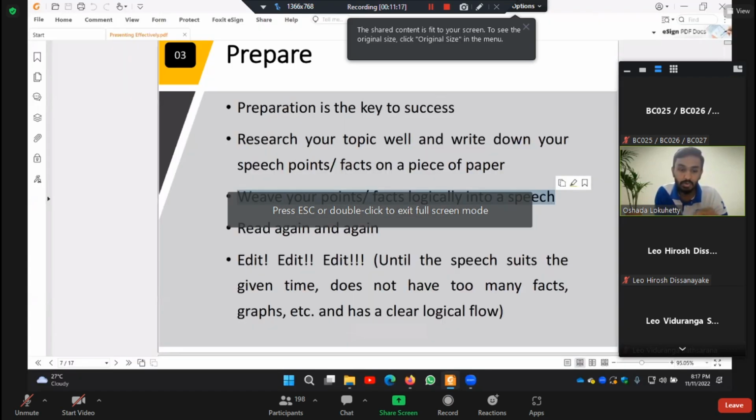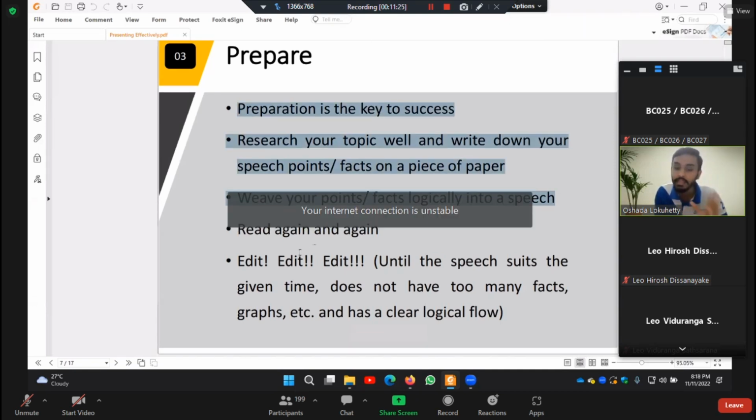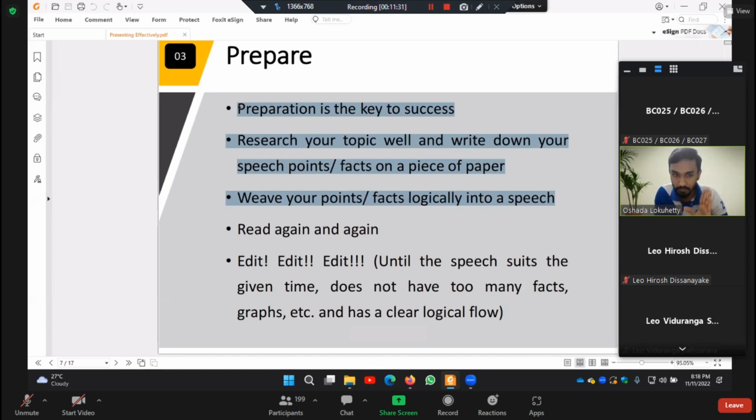Weak points or all the errors that you have made in this preparation stage can be rectified only by reading it again and editing it, right? So this is very important. This is the main stage of your presentation, right? So for example, let's say you are given a presentation in your university, right? Straight away you are not going to do the PowerPoint slides, right? What you have to do is prepare for it, collect facts, and then weave the presentation, the logical flow,